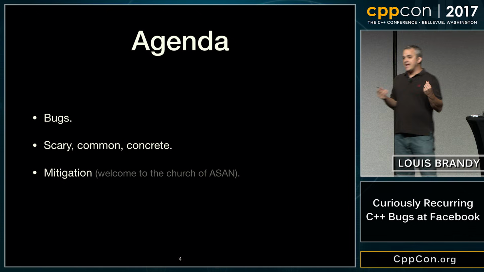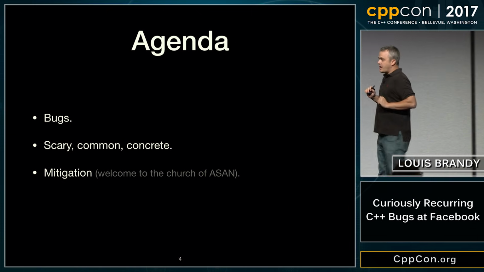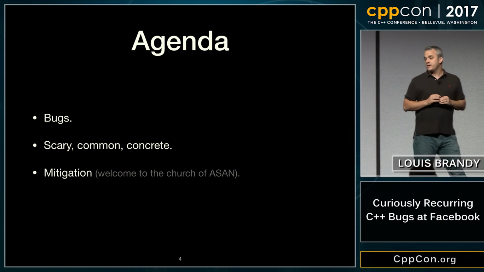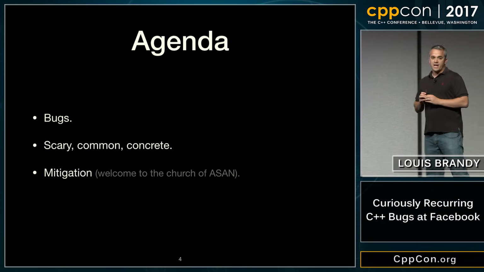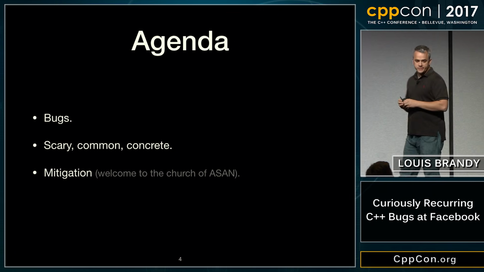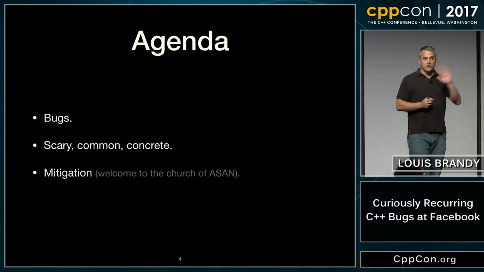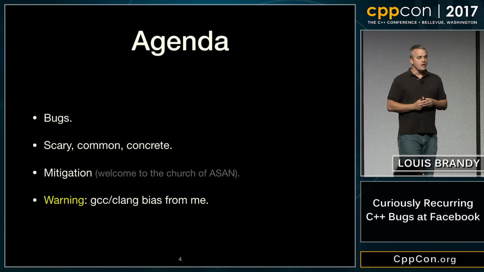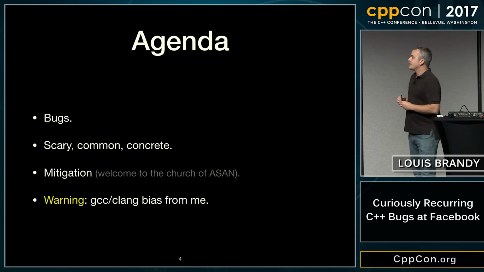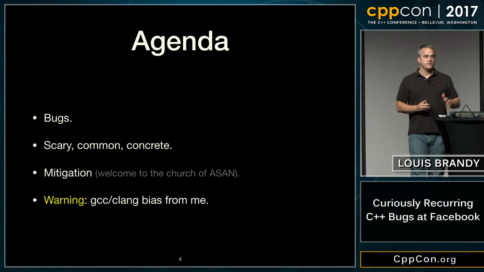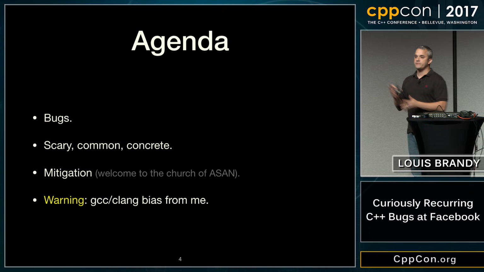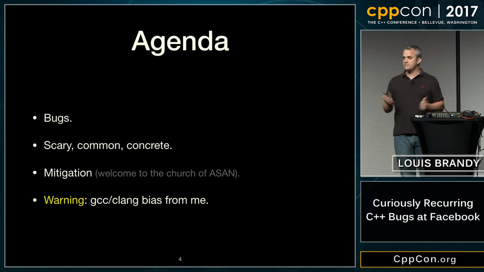I'm going to talk about mitigation and all the tools we have. I didn't intend for this to become a recruiting event for ASAN, but it turns out that ASAN is actually highly impactful on almost every bug we're going to talk about today, almost every bug. So we'll talk about ASAN a fair bit, but also all the other tools. And just as fair warning, especially since there's going to be a lot of talk about sanitizers here, GCC, Clang, Linux bias for me, especially in the tooling part. Those of you that use other tool chains hopefully have equivalent technologies. If not, you should get some. Okay.